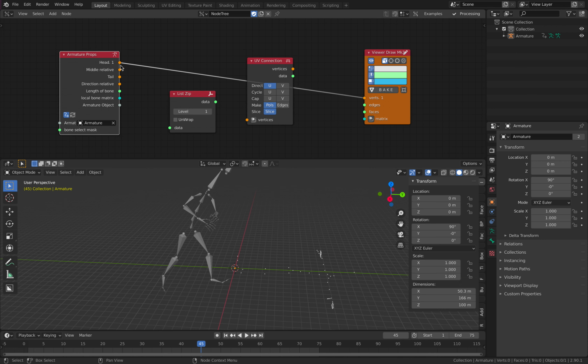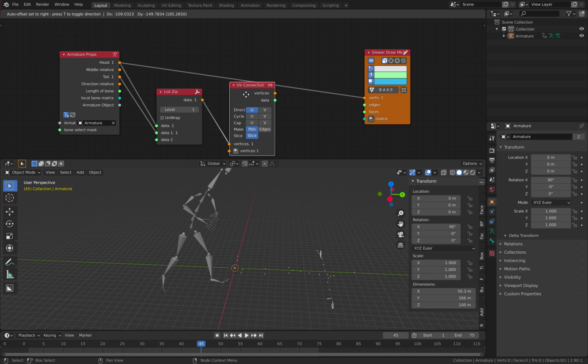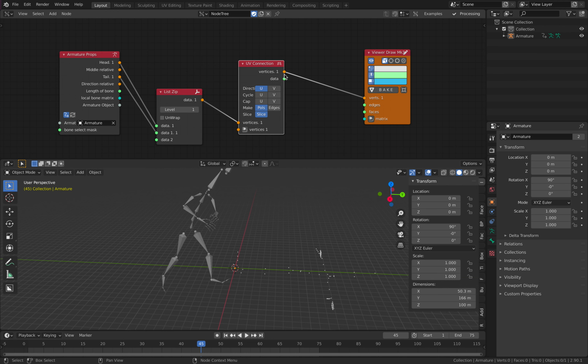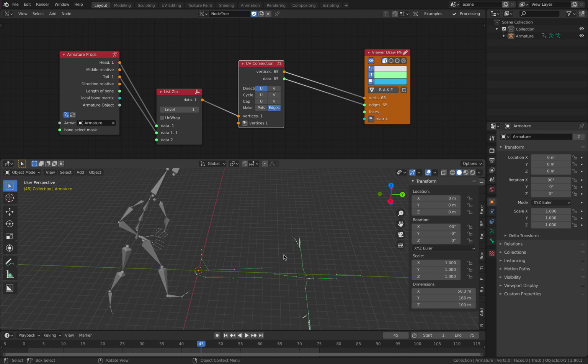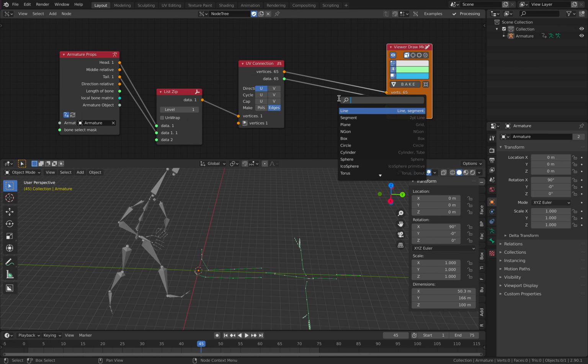Anyway, so we have the head position, and the middle relative between the head and tailbone. We're just gonna use the head and the tail, zip it into one data and then use it with UV connections and edges. So this is basically pretty much what we need. We probably need to connect some of the dots, but this actually can already work if you use